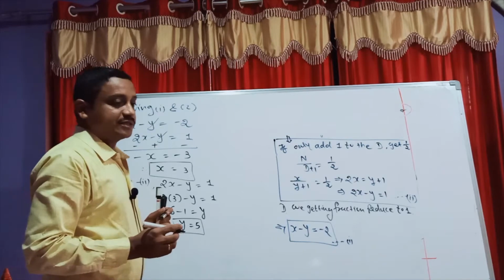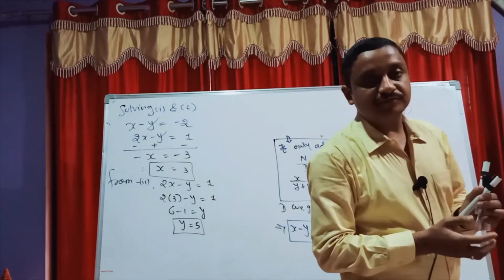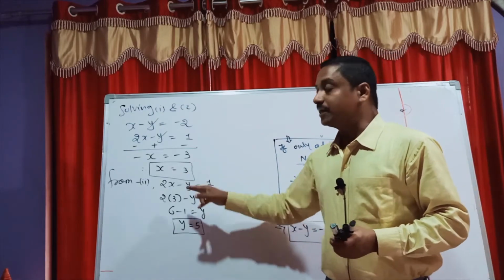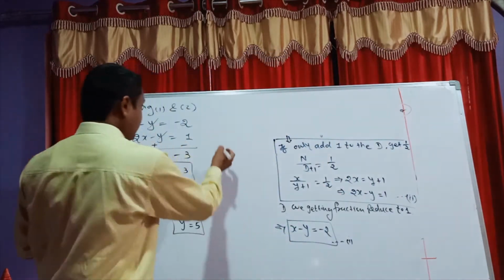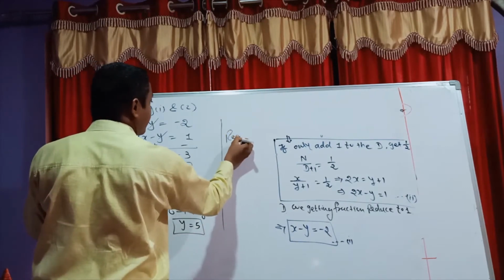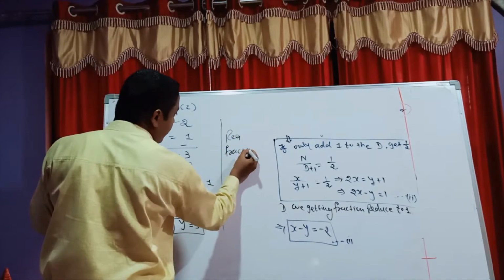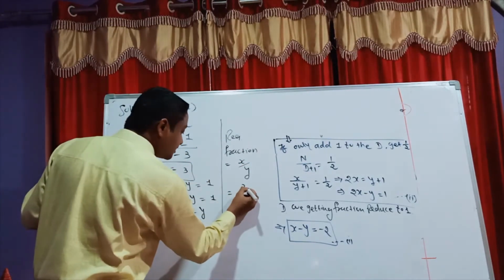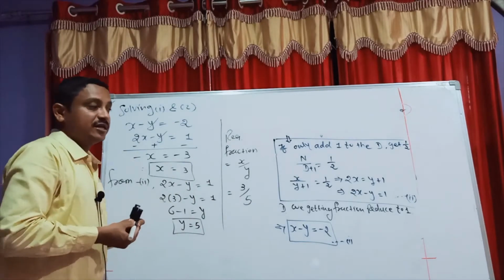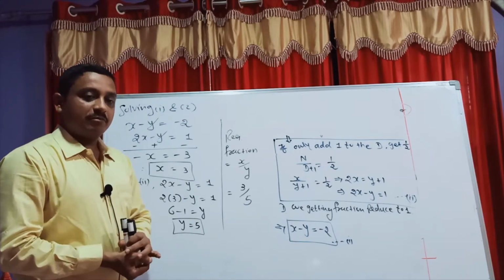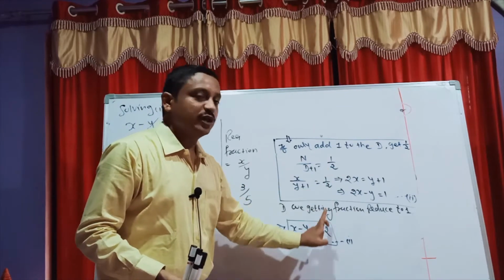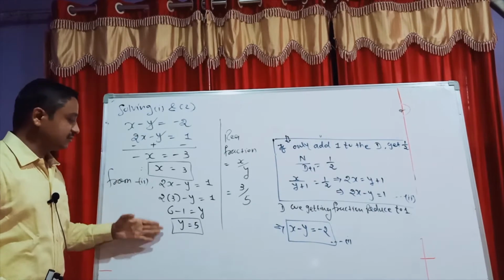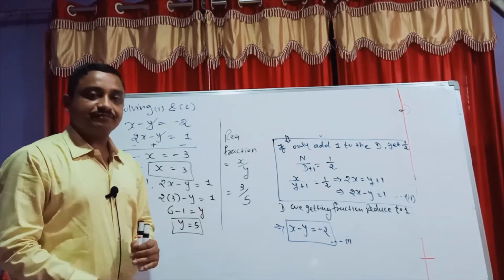Now my target is, students, to find out the final rational fraction number. So this x and this y I just put in the final answer here. So the required fraction. Already you assumed x by y. What is my x? Yes, it is 3. And y is what? Yes, it is 5. But finally, students, this derivation for equations 1 and 2 is the main steps. And then after you calculate by elimination, x and y are ready and the fraction is ready.